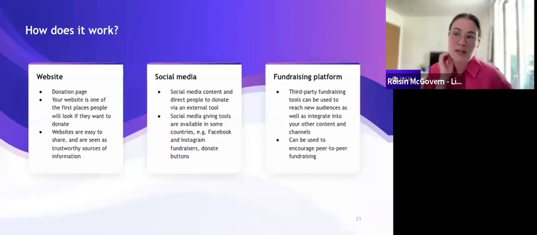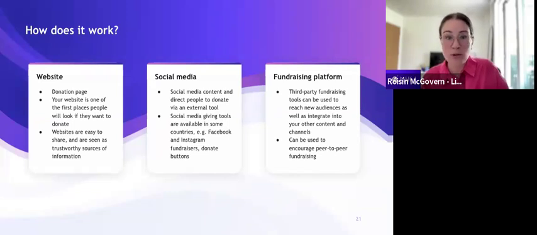So just to recap, it's really important to think about each fundraising channel individually and think about what the aim of each channel is, but also how they can work together and complement one another. And also, very importantly, to make sure that the functionality is available in the countries that your target audiences are located in.